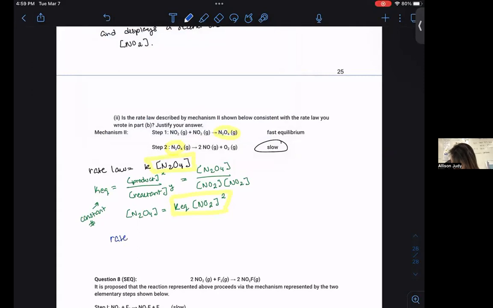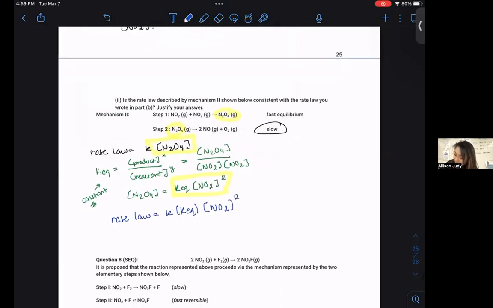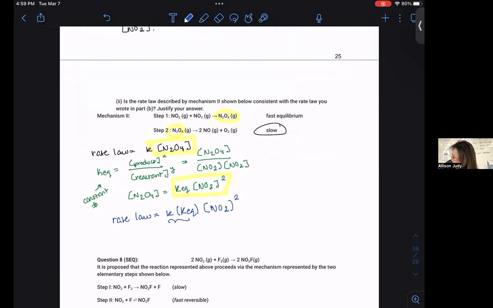The rate law is equal to some constant k times big KEQ, which is also another constant, times KEQ times NO2 squared. Recognizing that these are both just constants, we can simplify all the way down to some constant k, and so we get that our rate law is indeed